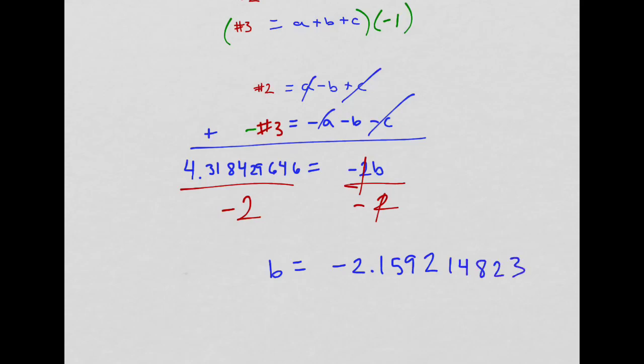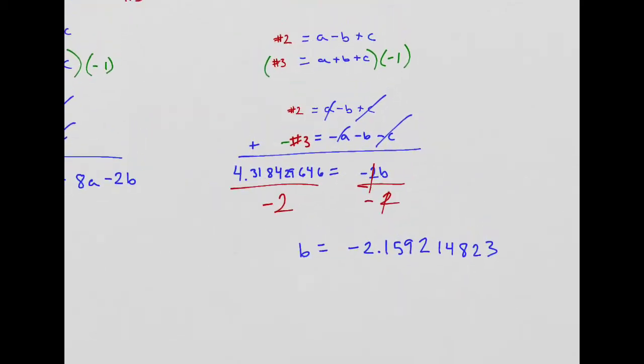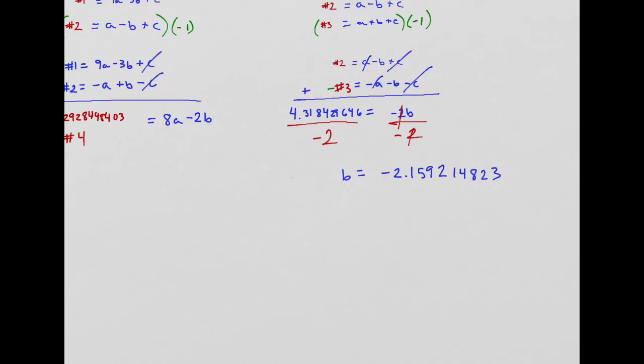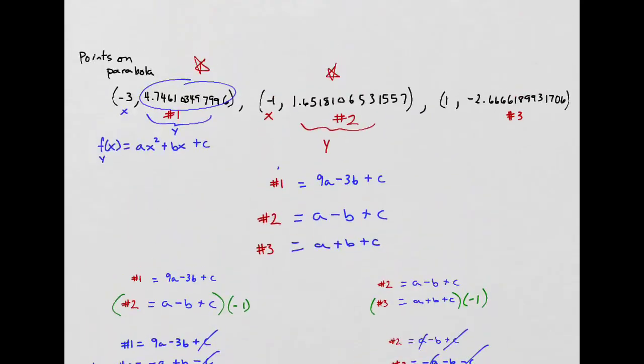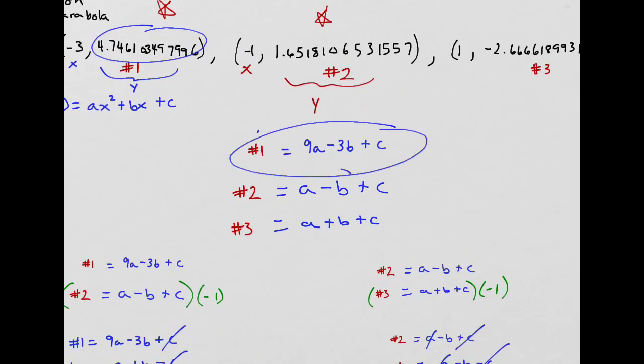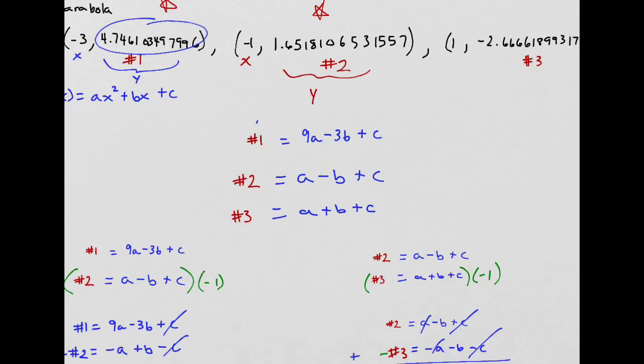2.159214823. Remember, you don't want to round until you've gotten your final answer at the very, very end after you got the zeros. So I'm not going to round that at all. So there we go. I have that. And now I can plug this in here and get A. Once I have A and B, I can plug it into any one of the originals and get C. But let's